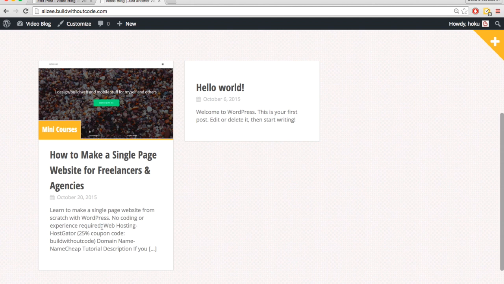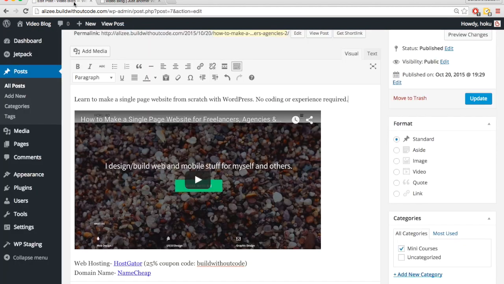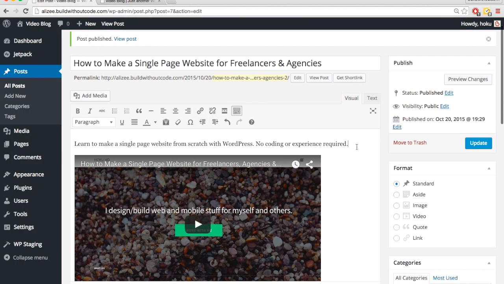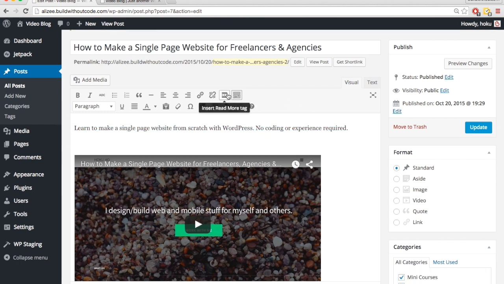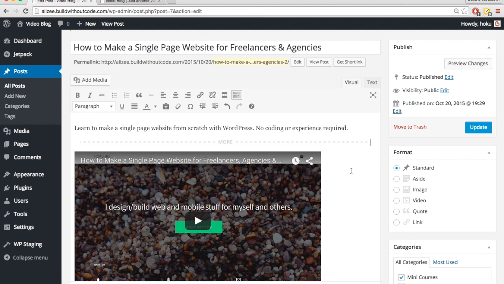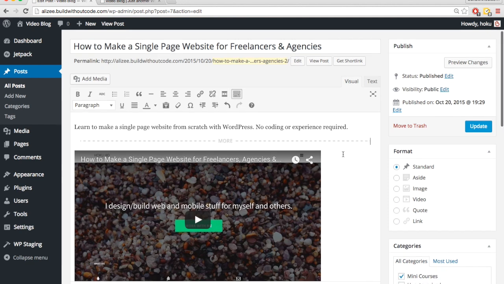I want it to cut off after this portion right here. So pretty much I just want it to show this for the excerpt. So let's go back to where we can edit the post, the editor. And so right here, right after this, that's where I want to cut off at the end of these two sentences. So I'm just going to hit return, and then up here, insert read more tag, click on that, and basically this just means that it's going to cut off as far as the excerpt goes right when it sees this more tag. So I'll just hit update,